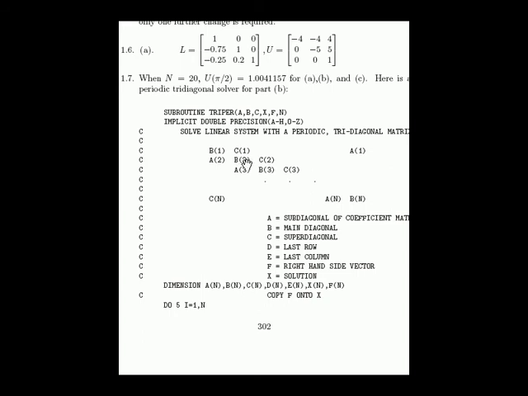But now part B, the boundary conditions are periodic, and now the finite difference system is tridiagonal, but there's an extra element in the top right and the bottom left. So it's basically tridiagonal plus 2 more non-zeros, and they're in the extreme corners. So basically, the band solver is no good now because the bandwidth is maximum possible. But you can see that it's still possible to solve this in order n work, because